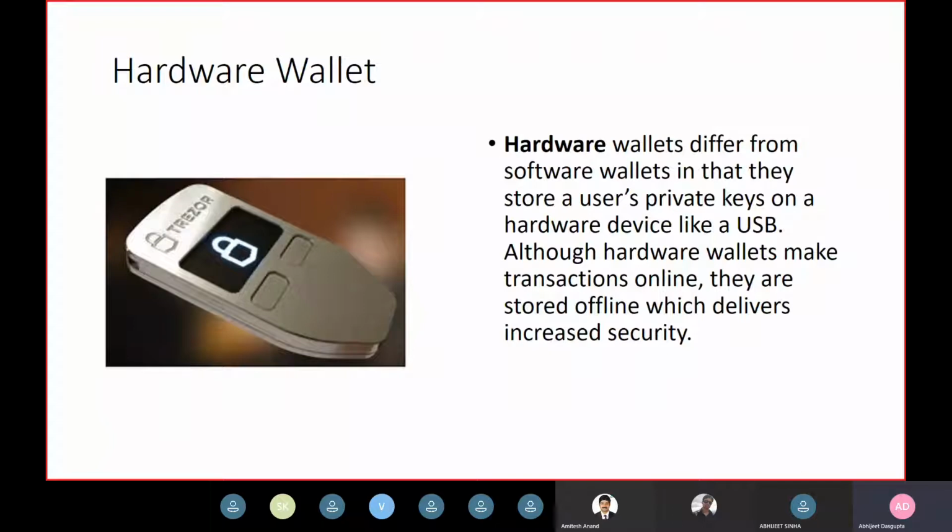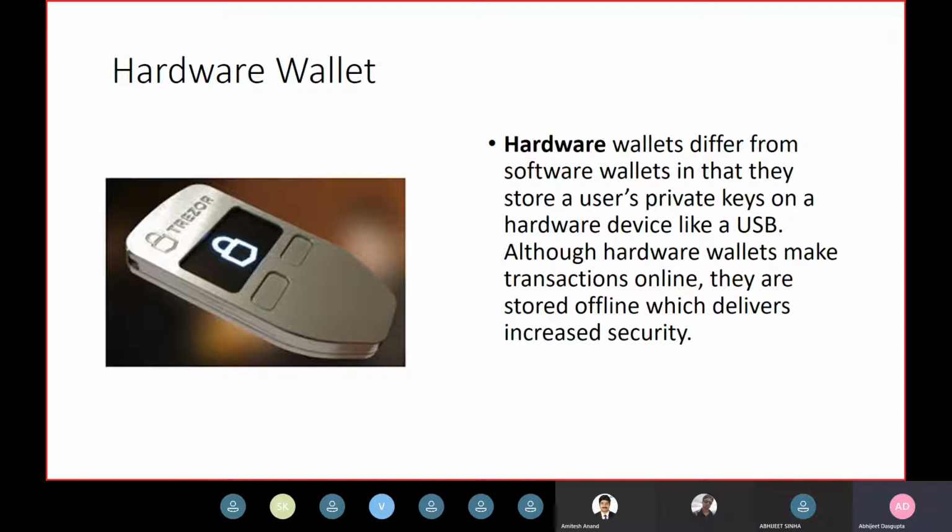And you can store these particular devices in whichever secure place you have in your house or your bank or wherever you want to store them. Hardware wallets are compatible with pretty much all web browsers and computers and can support different cryptocurrencies. It just depends on which one you decide to use. What's more is that making a transaction is easy.